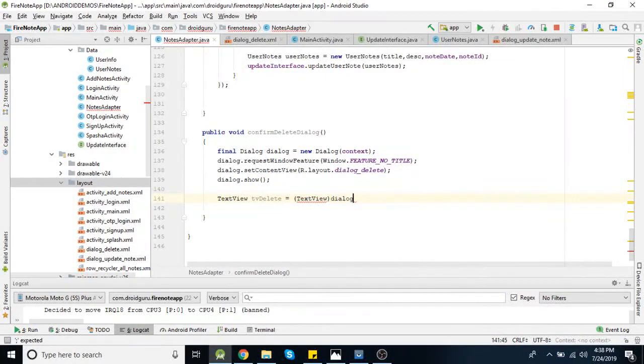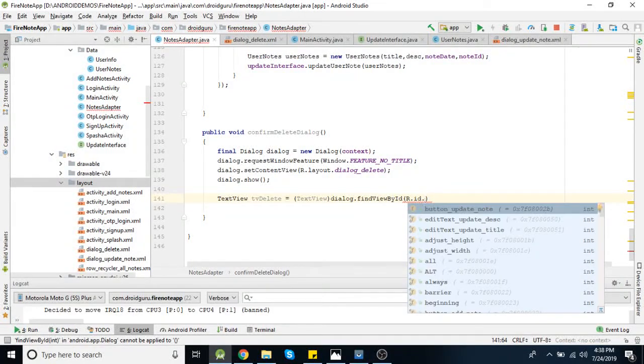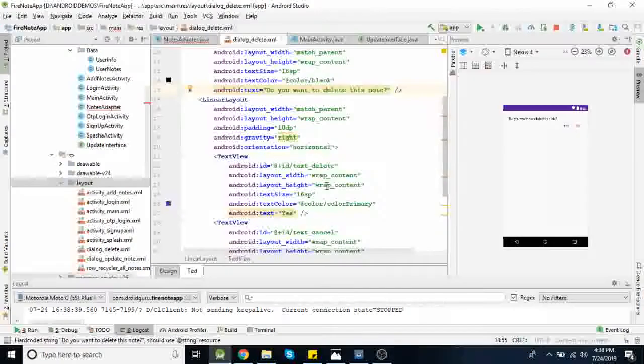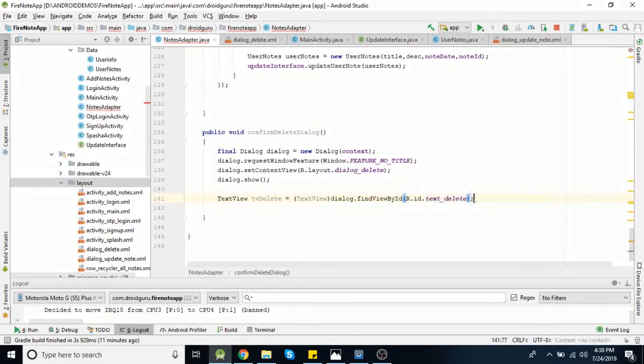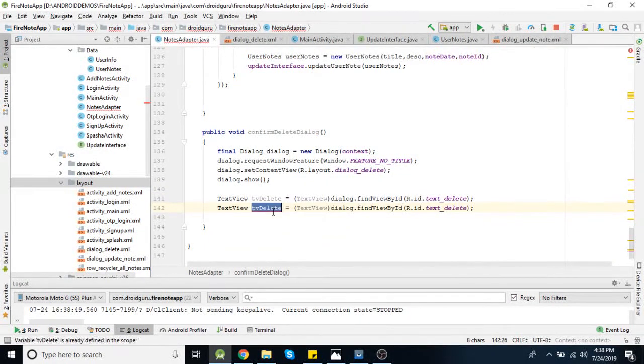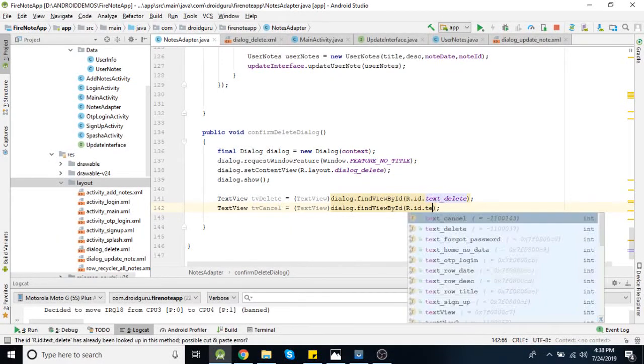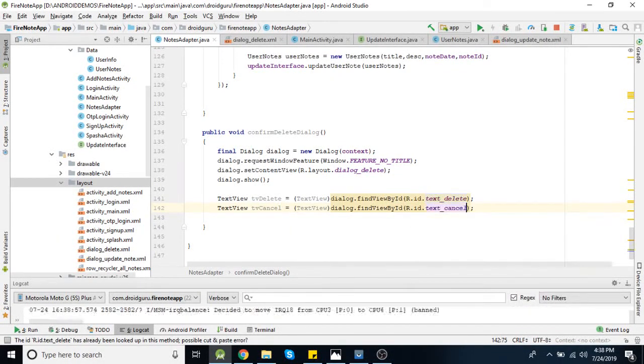Same here, dialog dot find view by id. That id will be text underscore delete. Similarly, we need to do it for cancel. So tv cancel equal to text underscore cancel.